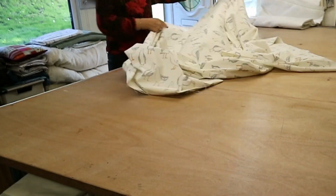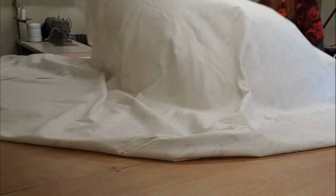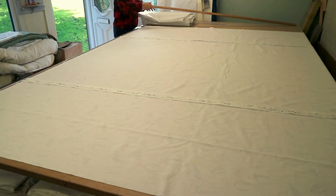Now I can start laying up the blind. I've got the face fabric here, and I'll lay that right side down, and then on top of that I'll put the